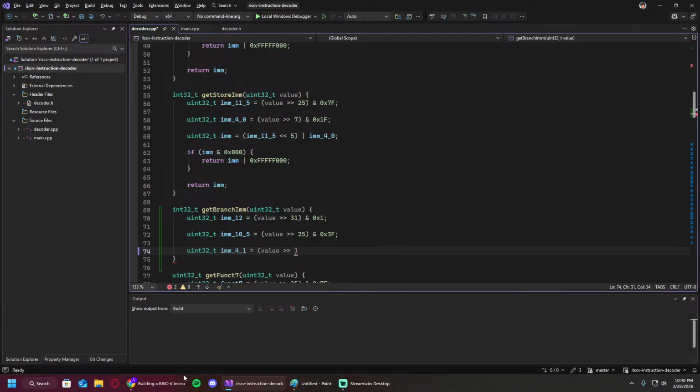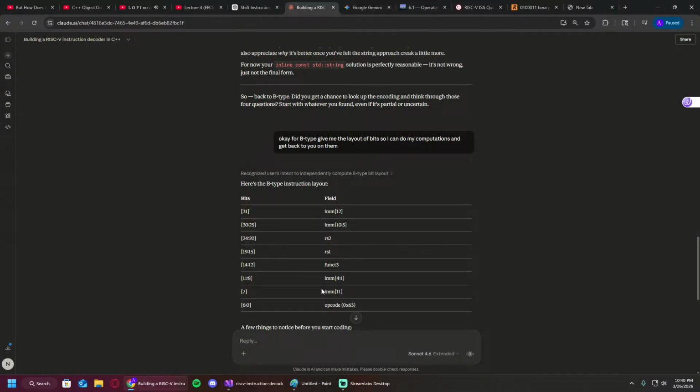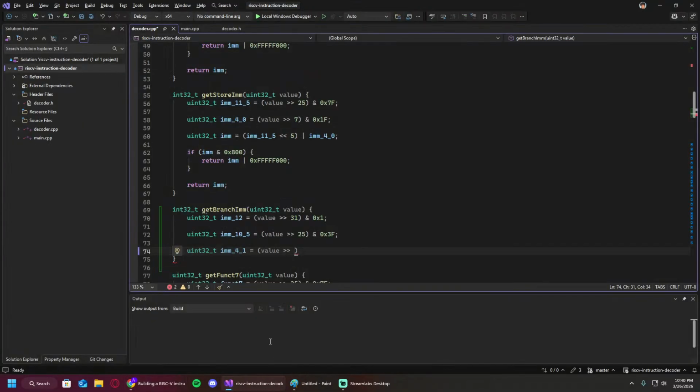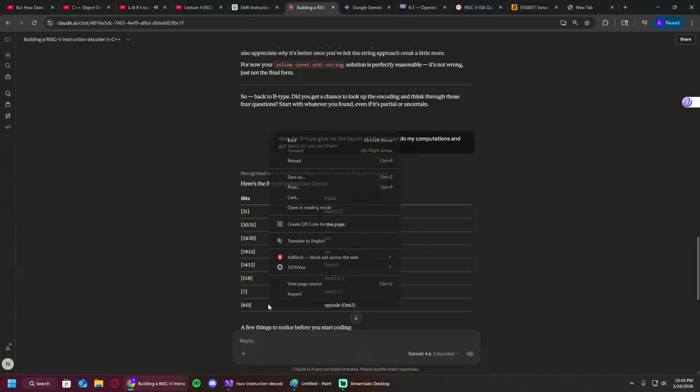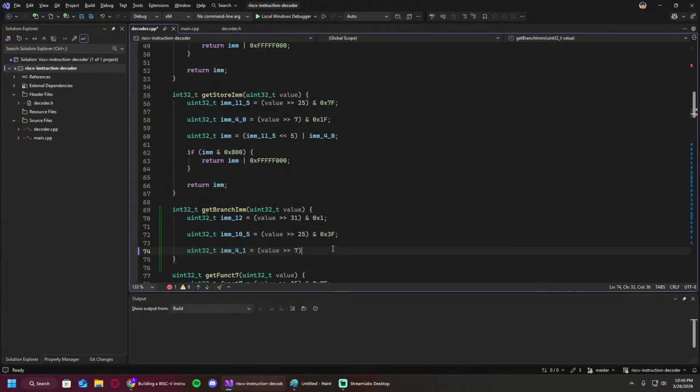Sorry, will be shifted. So it's 7, so just 7 bits. It only occupies 1 bit, so it's gonna be shifted. No, is it gonna be shifted 6 or no? It'd be 0 to 6. So it'd be shifted 7, and it would take up 1 bit, so it would be